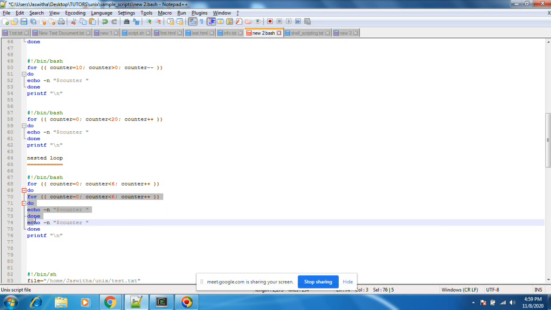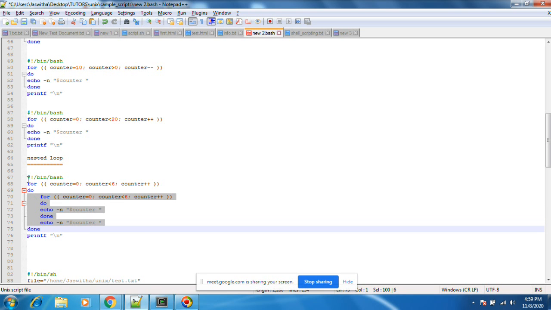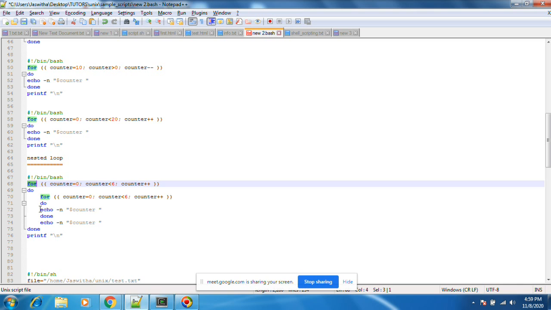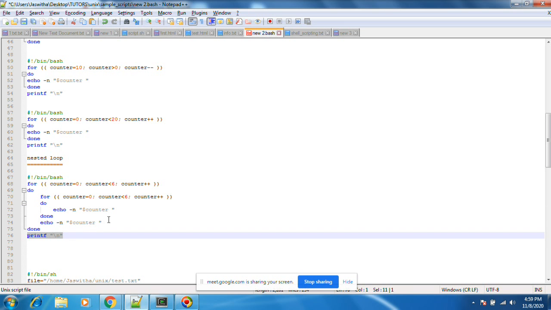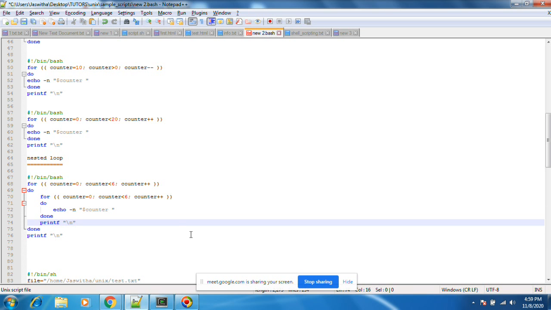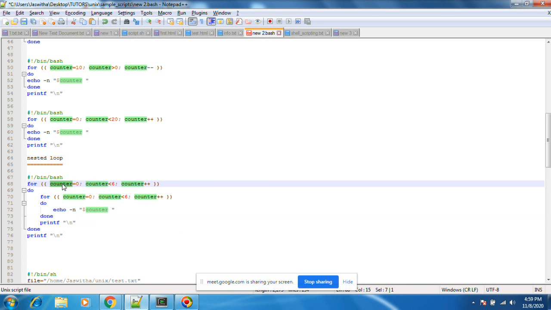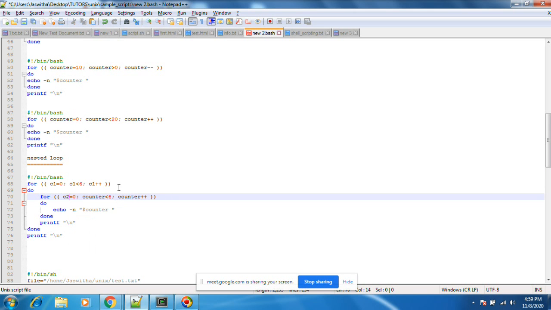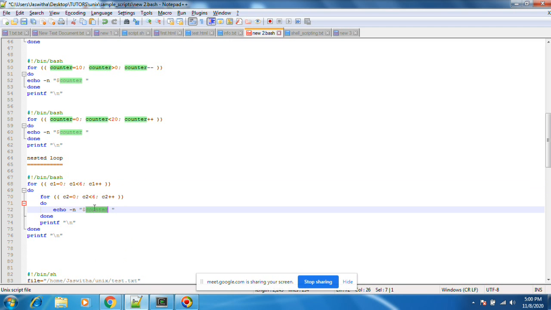This is the main for, this is the inner for, and then this is the do done. I just want to print a slash n here. This is counter, counter means C1, counter 1. This is counter 2. I want to print counter 2.